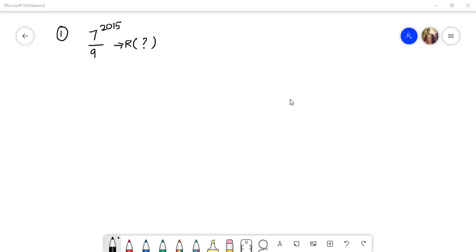Sirisha, okay, fine. I'll do one thing. I'll solve this question, because it's a combination of both. Mallika, okay, good. I'll solve this question for you. We'll try one more question later. So let me begin with 7 power 2015 by 9. By looking at the question, it is simple. I cannot simplify this because 7 by 9 will remain 7 only.